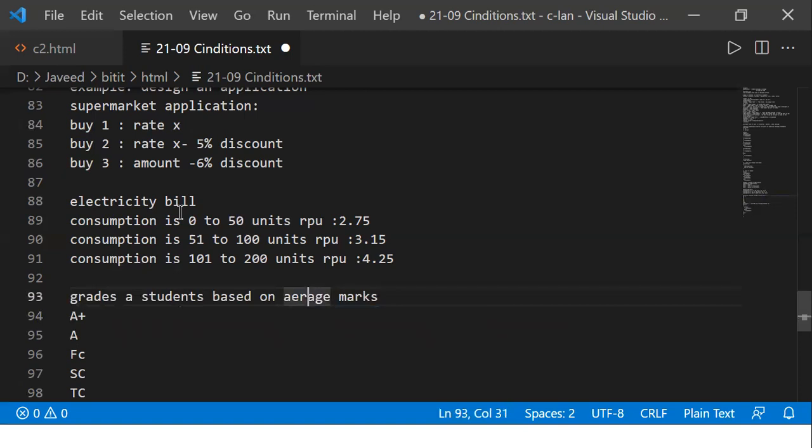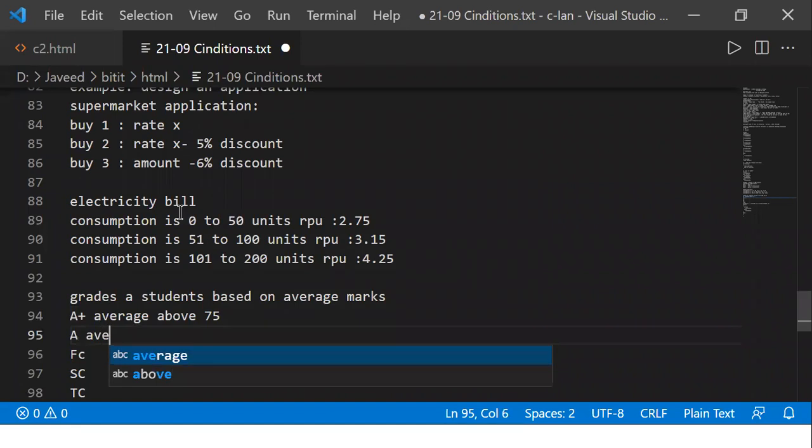Okay, so based on the average value. Now what I say is if the average is above 75, we call it as A plus. Now if the average value is above 60, I want to say it as A grade.